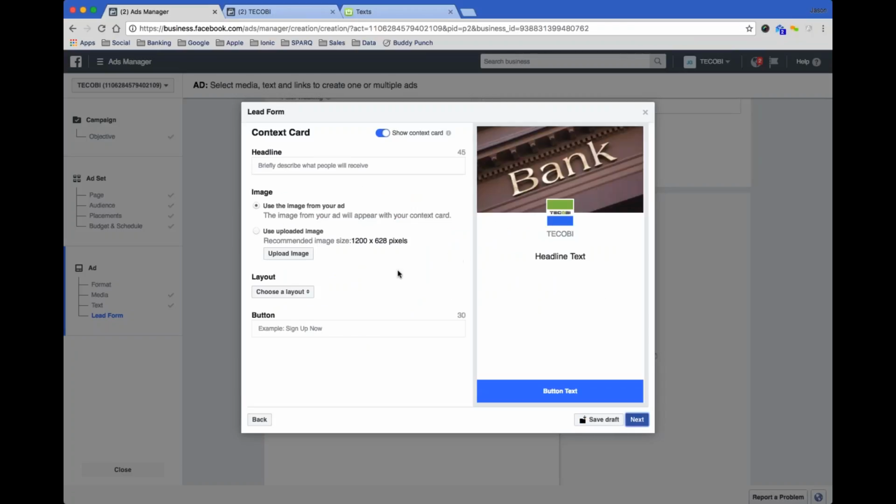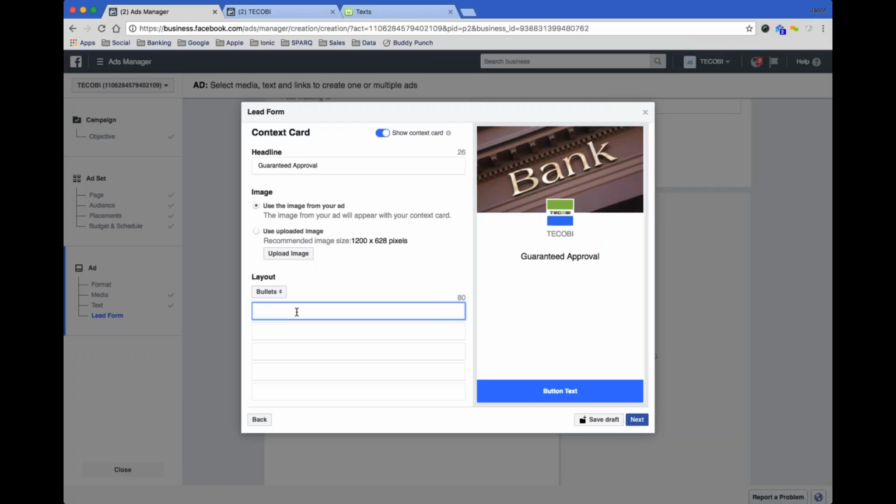You click Next. You can add a context card. So I don't use these because I feel that it's one extra step for the customer to complete. But if you, for some reason, wanted to give the customer, this is basically just kind of an explanation of what they clicked on. And you can upload an image that would be up here. You could choose your layout.